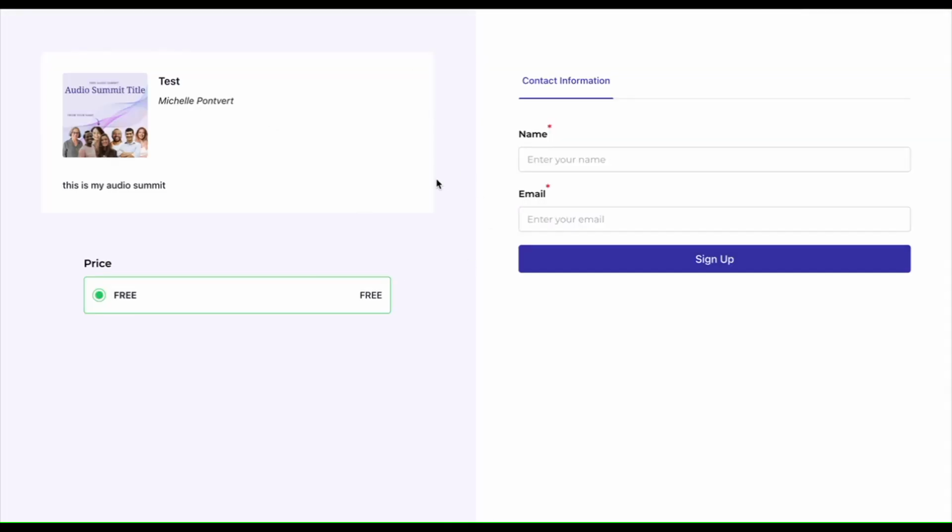So this would be the page that people would actually come to sign up for the summit. They'd see your graphic, the name of your audio summit, your little description and who it's from. The price is shown here as free, and then they fill in their contact info here. Again, this would really only make sense if you had a landing page for your summit, your registration page on your website, and you wanted to direct people here to sign up, then they go straight through Hello Audio